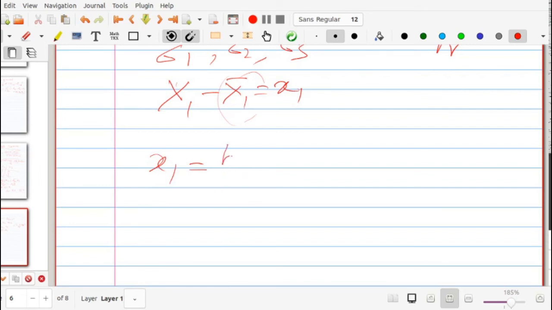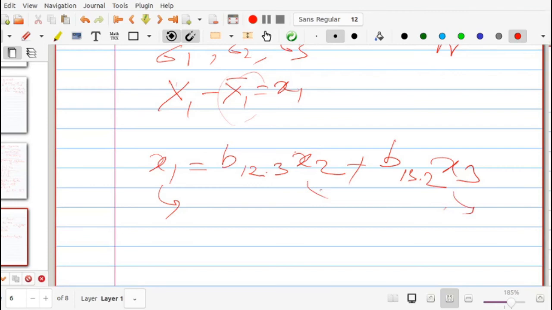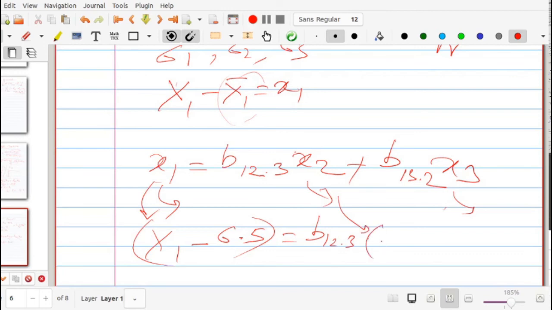X1 is equal to the estimated value, which is equal to the regression coefficient of 1 on 2 multiplied by x2, plus the regression coefficient of 1 on 3, keeping 2 constant, multiplied by x3. Finally, substitute the values of x1, x2, and x3, and you will get a final answer, something like x1 minus 6.5. This is actually small x1 is equal to b12.3, and this is the small x2 mapped to the big